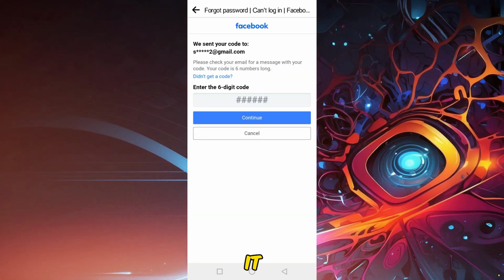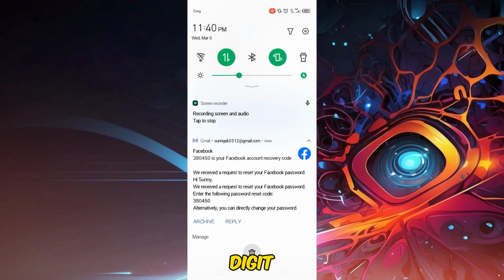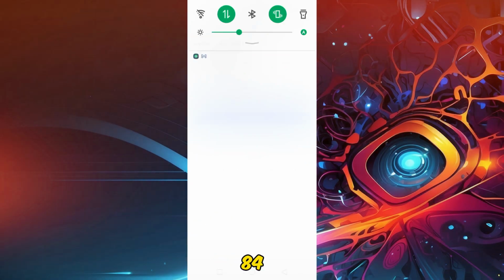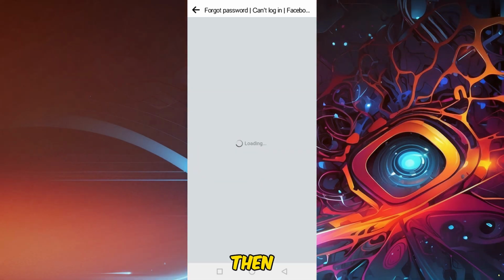and here it asks me to enter the 6-digit code. So here it is, Facebook sent me a 6-digit code. I'll type here 380450 and then press on Continue,